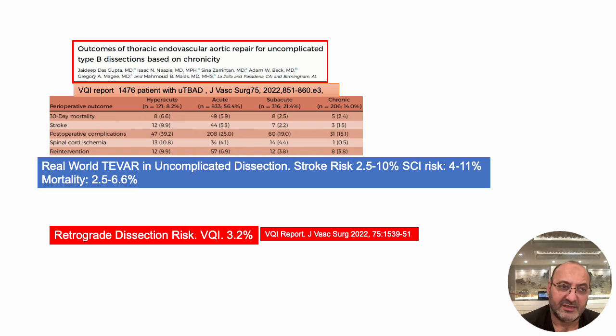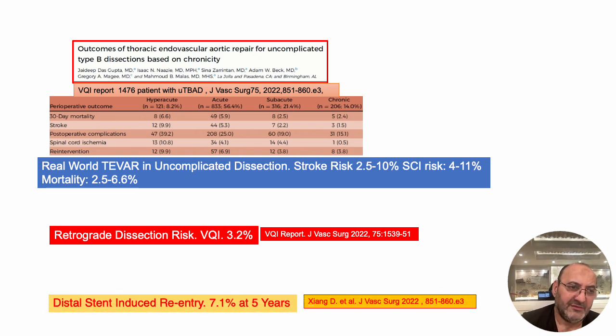for uncomplicated disease. There's also a phenomenon known as a distal stent-induced re-entry tear, and that is 7.1% at 5 years. So patients with true uncomplicated type B dissection don't need that risk. This is the argument. There are a lot of people who treat these patients, but I believe strongly that if you have a true uncomplicated type B dissection, this patient's best treated